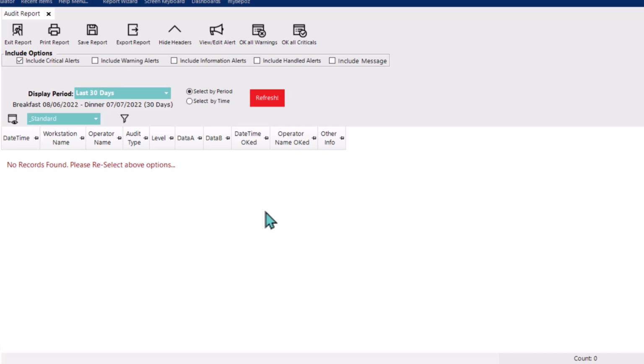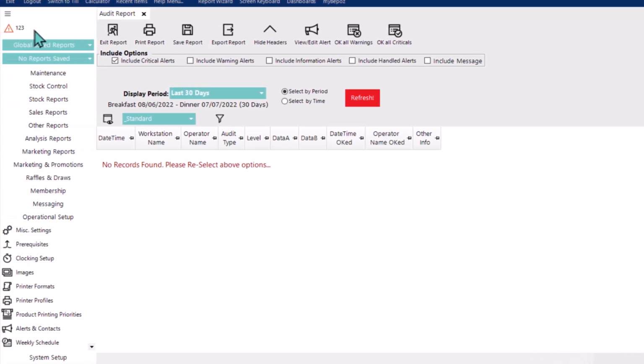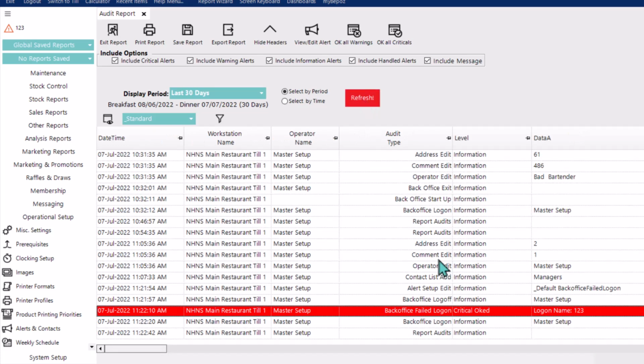within the audit report. Now, as the audit report is filtered right now, it's been removed, and we can see that the critical alert icon is now gone as well, since there are none that currently need handling. If we do want to find that particular critical alert again, I just need to turn on the include handled alerts flag here. Actually, I will turn all of these flags on so we can see everything now, and I'll display that. So notice that the critical alerts, even if they've been okayed, so this one that we okayed here, are still going to show